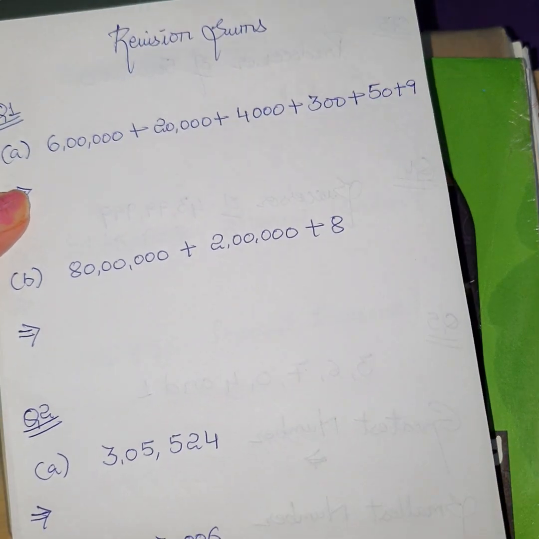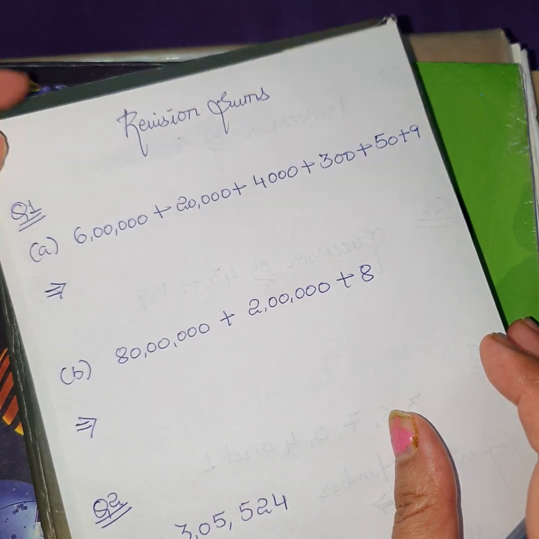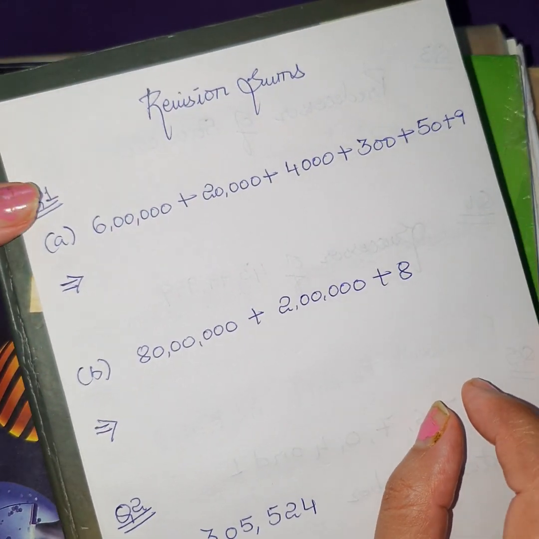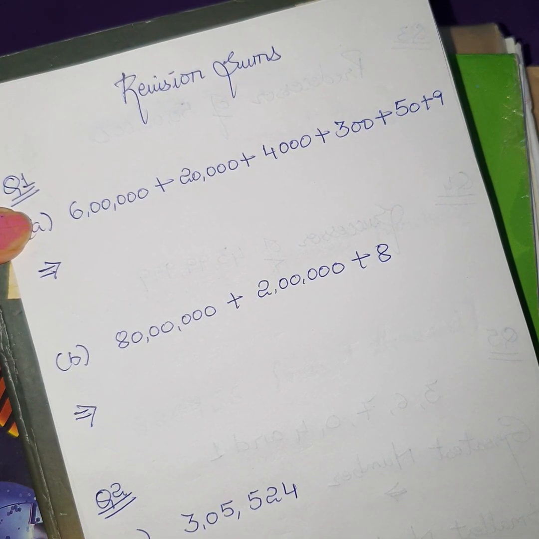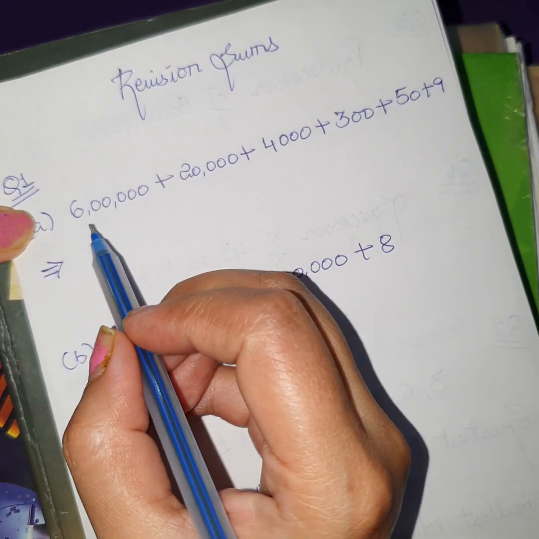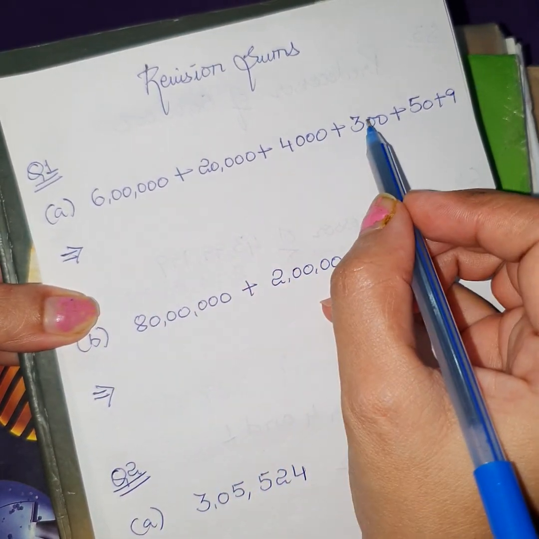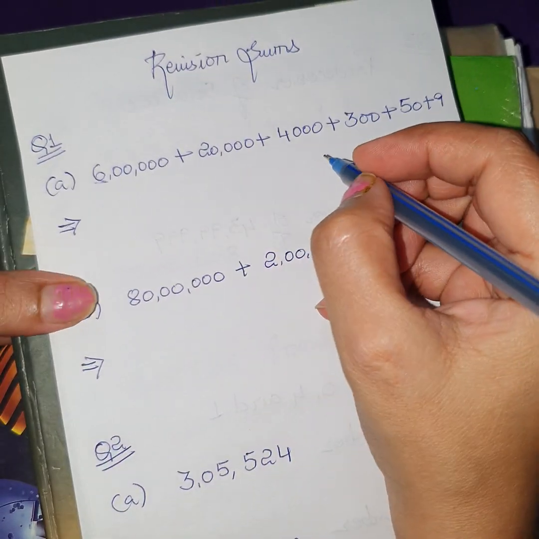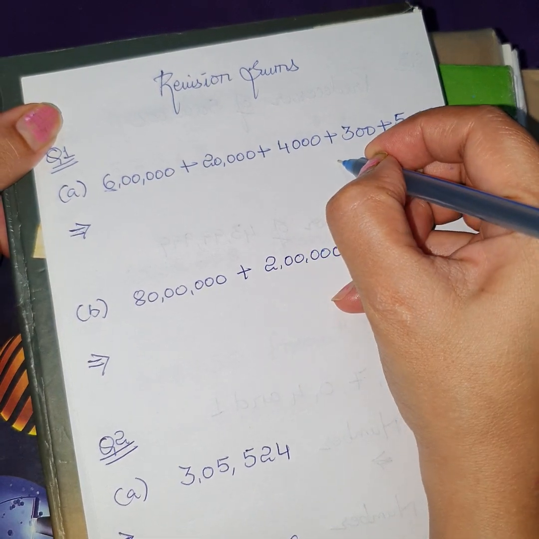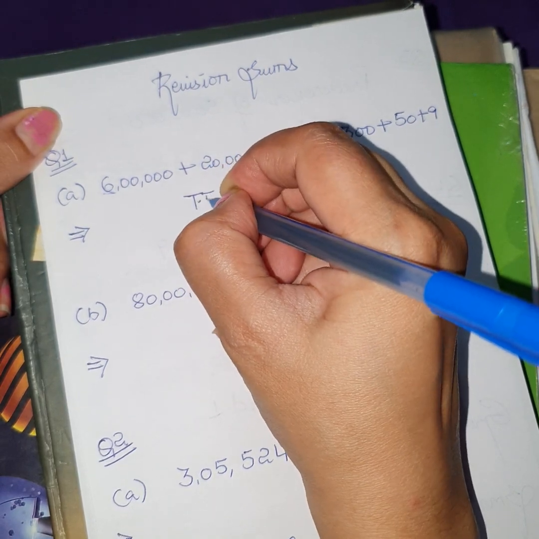Just see. Question number first, I have given you to write the expanded form into standard form. So how to write it? Just see. When we have to write the expanded into standard form, firstly you see the first expanded form value. It is still lakhs place, right? It is 6,20,000, 4,350 plus 9. So the highest one is still lakhs place. So mention the places till lakhs place here. See, like this: ones, tens, 100, 1000, 10,000 and lakh.